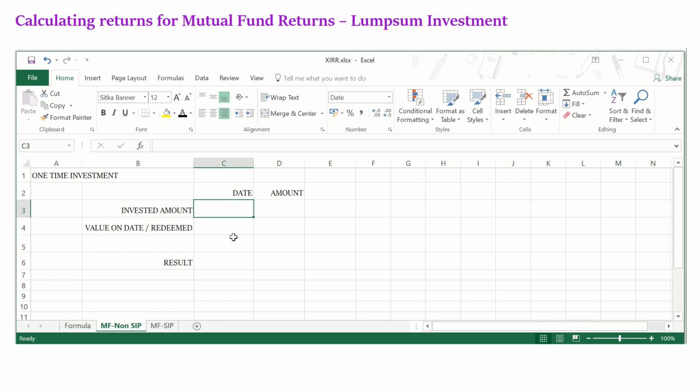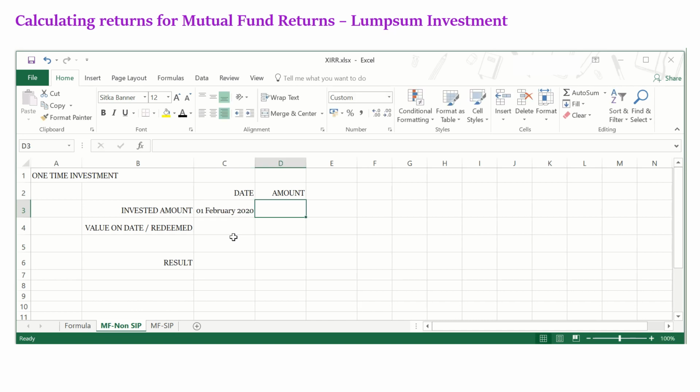So let us assume that last year February you made a lump sum investment of say 10 lakhs or 5 lakhs. Okay, this is last year February, and you redeemed it somewhere last week.